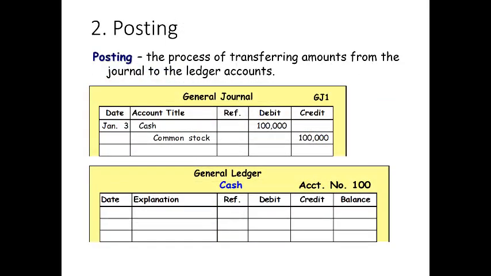All right, so the next step is posting. After we get these journal entries, cash and common stock, where someone bought some common stock from our company and we recorded cash and common stock, we want to keep track of the balance of each of these accounts, right? We don't just want to have the journal entry. We want to keep track of what the balance of cash is. Well, we're going to use the general ledger to do that. So with cash, we're going to record the sale of stock here